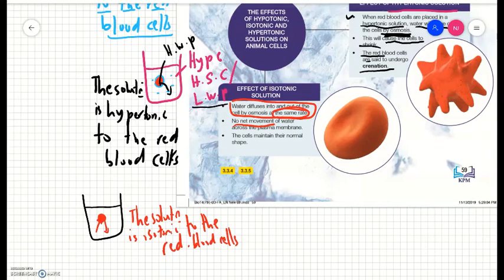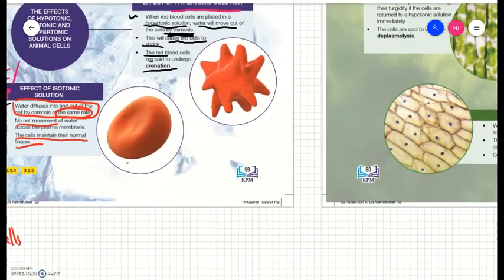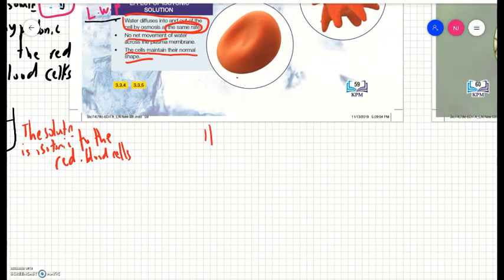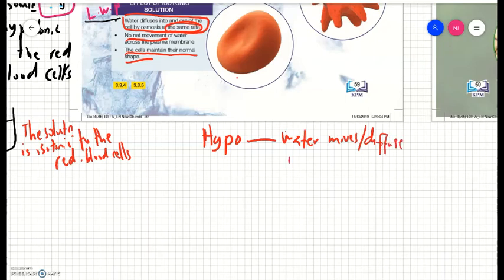Dia macam, sebab kenapa kita cakap no net movement? Sebab kalau satu masuk, satu keluar, as if dia benda yang sama lah, tidak ada perubahan. So that is why the cell maintains its normal shape. Okay. So tadi the first one, the summary is kalau hypotonic, the water diffuse into the cell, cause the cell to burst. We call it